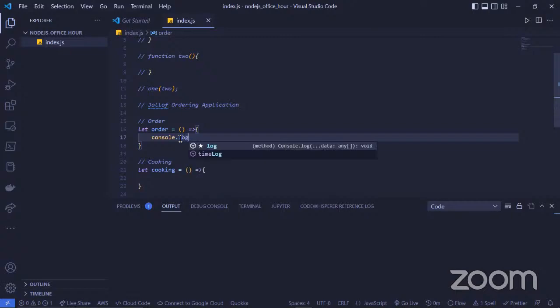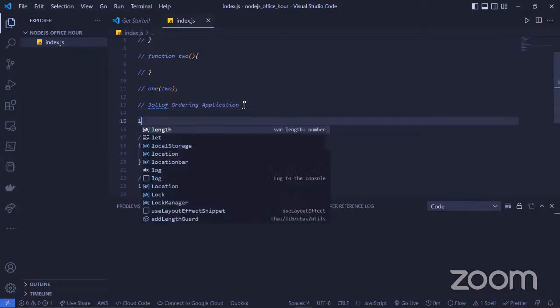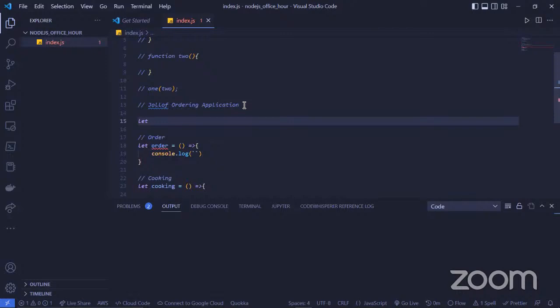console.log. Let us say we have variables, customer. Normally, depending on the information we'll be requiring, we can make it an object if we are going to be requiring a series of information.